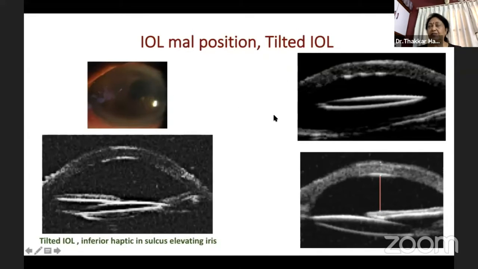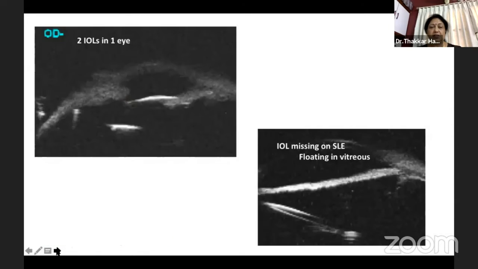So slit lamp examination and gonioscopy will have some limitation. Practically, on UBM, we can see the IOL anywhere inside, maybe floating in aqueous, maybe tilted in its place, but elevating the iris by its haptic, or the optic itself may be in contact with the endothelium. It's not surprising to see more than one intraocular lens inside when you use UBM for diagnosis, one floating, the other scleral fixated,